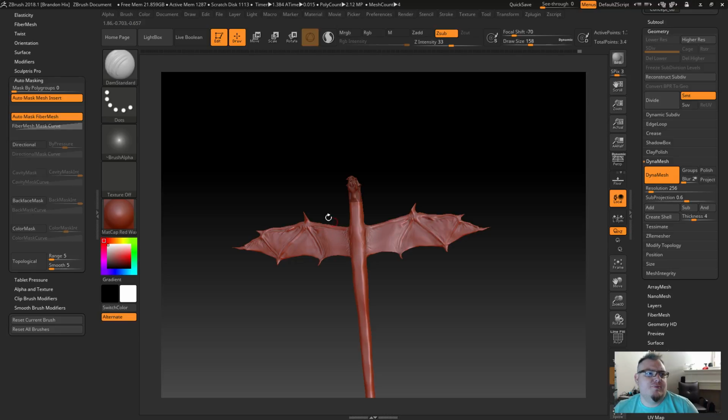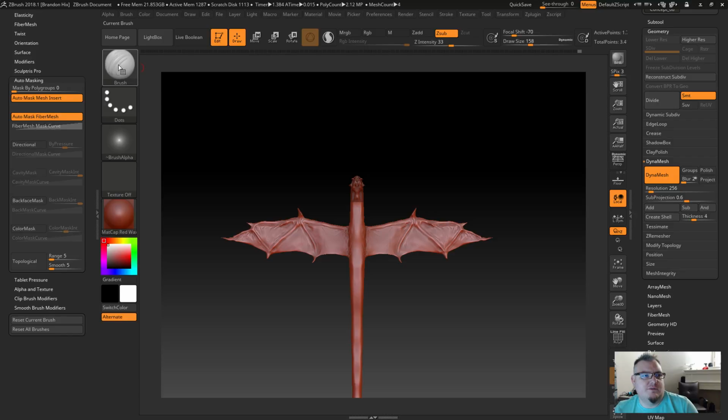So I had set up a custom menu, but for whatever reason, I forgot to save it and it's gone. So last stream, I was kind of working on that. But to switch between brushes in ZBrush, no, I don't have any keyboard shortcuts set up right now. And the easiest thing to do to switch between these is to remember that basically every brush can be activated